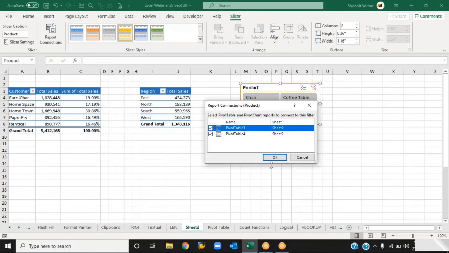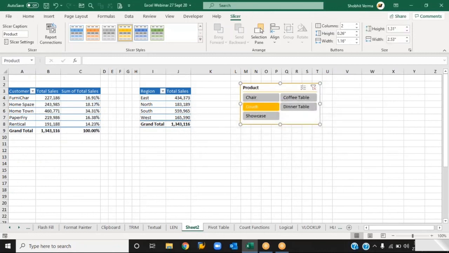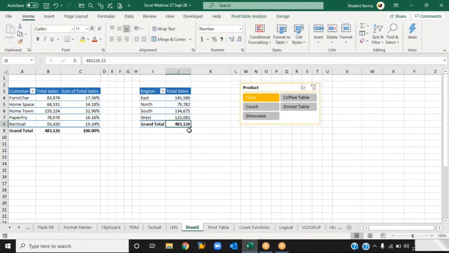So click on this and click OK. So if you click on chair, it's coming 4,83,126. Here it is also coming 483,126. In the second pivot table, it is showing by region and category. Here it is showing by customers. So it can be helpful. It will change the two pivot tables like this.